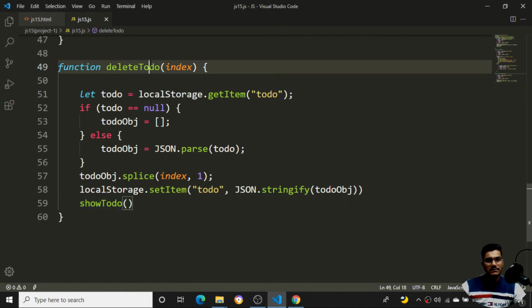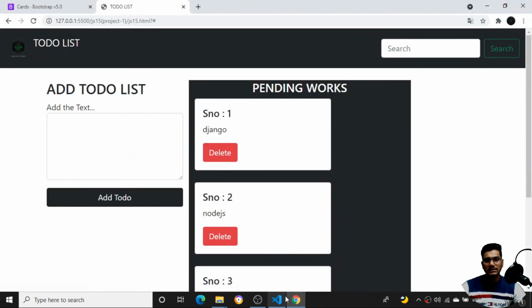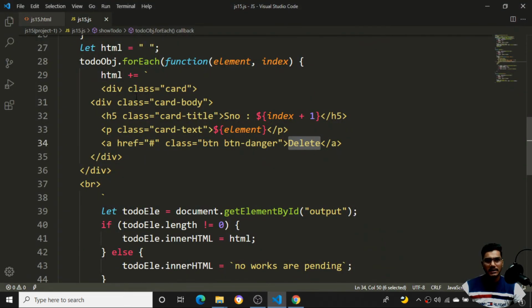Once I save this, now I need to add this particular to do element inside my delete button also. You can see it will be inside my local storage itself, where I have set it here. You can see the delete button is coming from here. So where is it coming from? It is coming from the JavaScript.